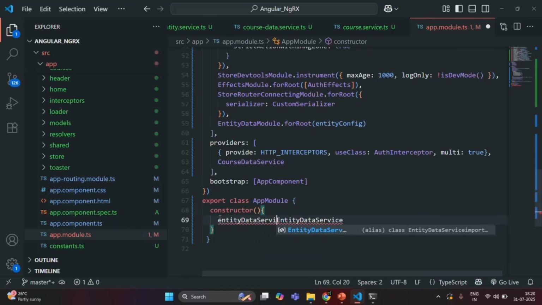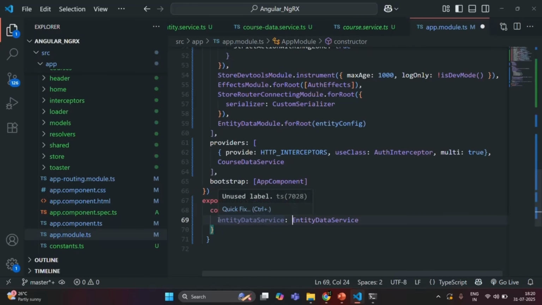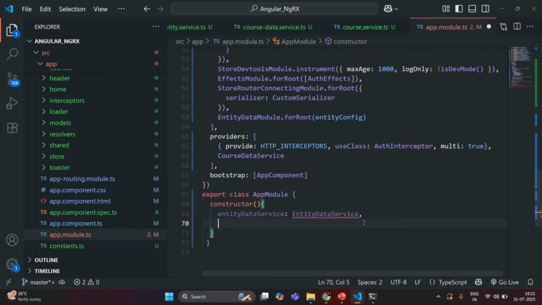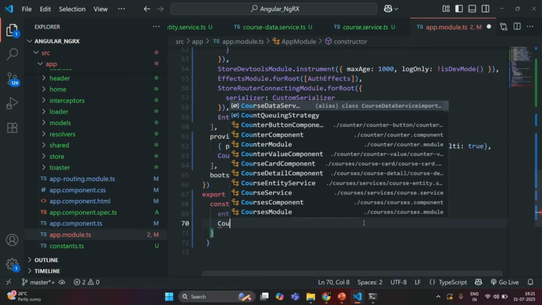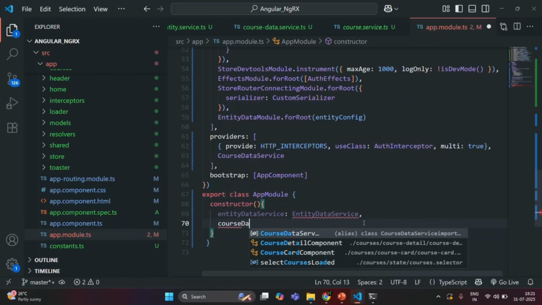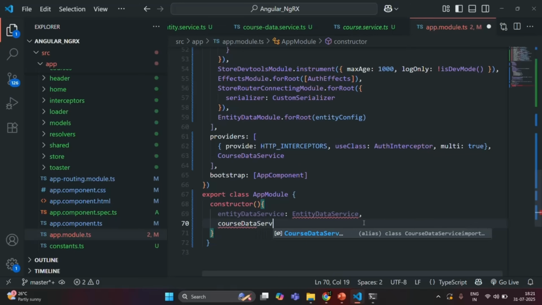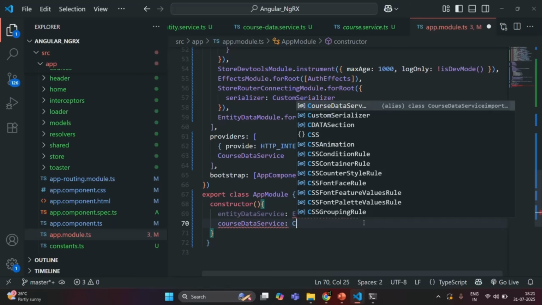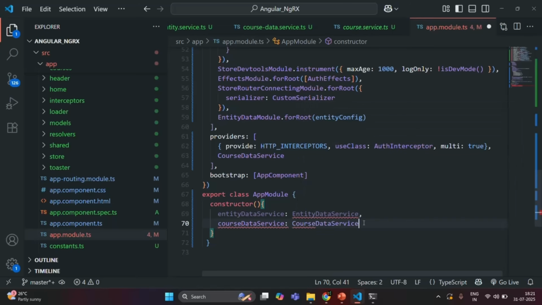This is the name of the instance, which is of type EntityDataService. And I'm also going to inject an instance of course data service. So I'll call it courseDataService